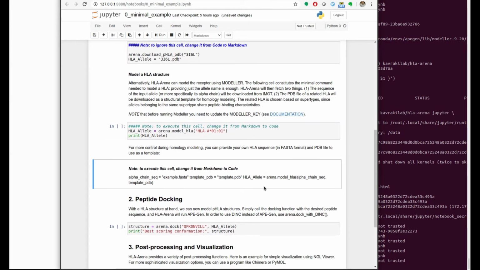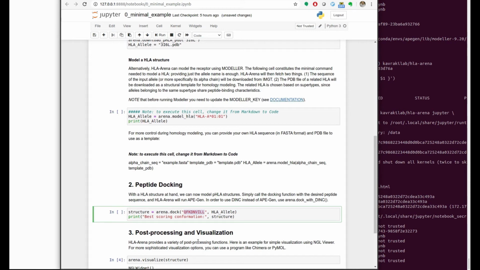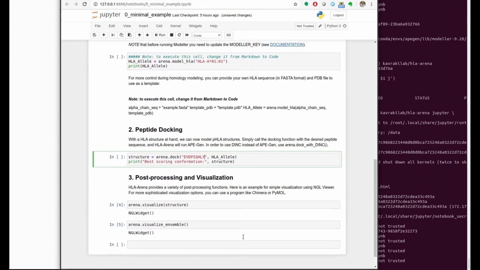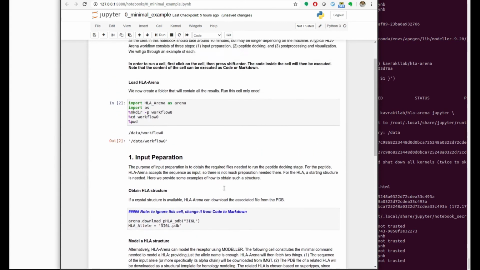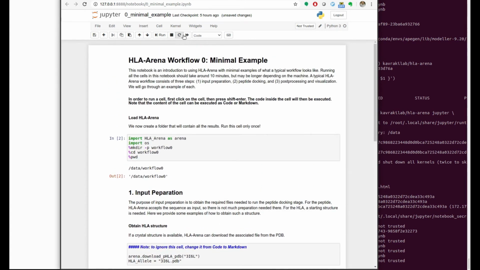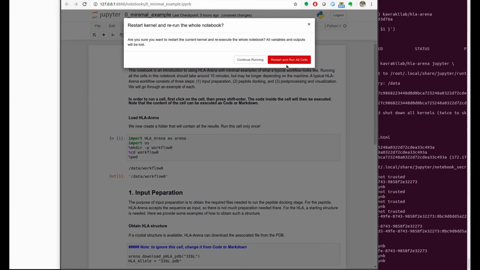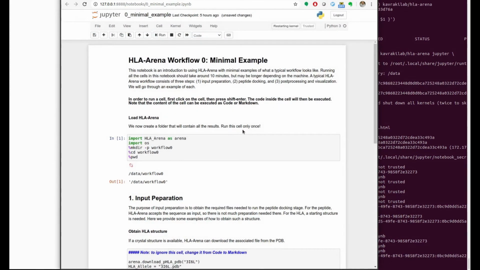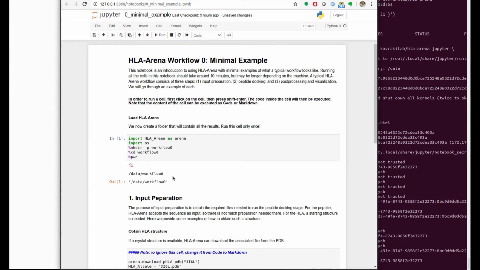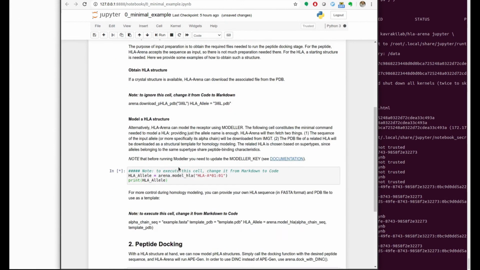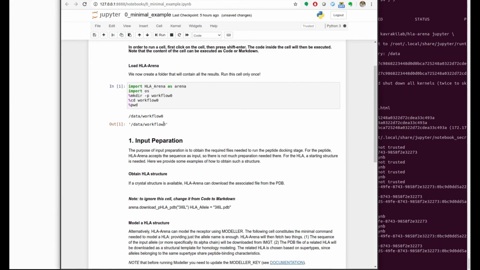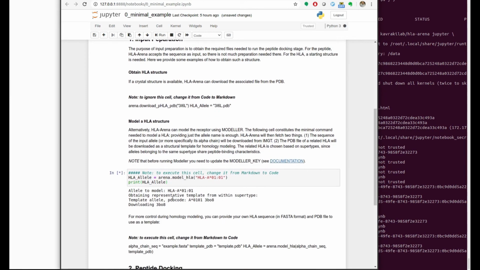And I want to model a peptide that is a melanoma-derived peptide from AJ3. And then let's see the results. So I can just go back and execute everything now. So let's execute and see what happens. So now it's creating the, repeating the steps of creating the folder, and then here you see it started